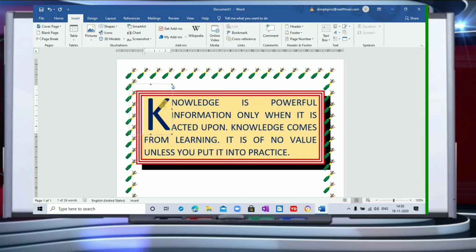So students, you will try it, I'm sure, on your computers, and you will show it to me during your AI session. And I hope now this chapter is clear to you. We have finished the formatting of the text, we have finished alignment, superscript and subscript options. We have understood how to use bullet and numbering options. We have now used today the border and shading option and a drop cap option as well. So please practice it, and definitely then you're going to understand it better.